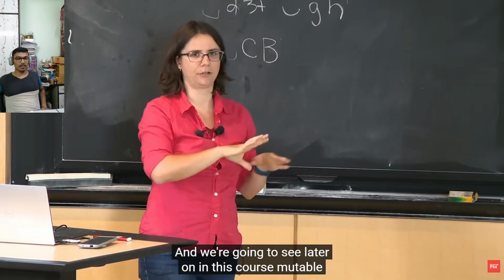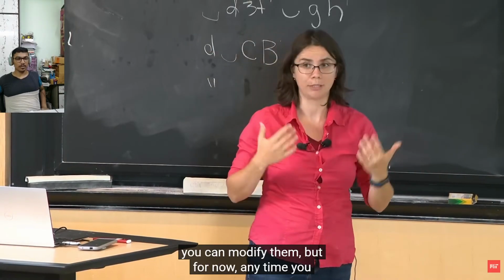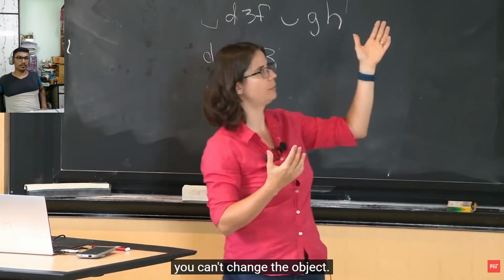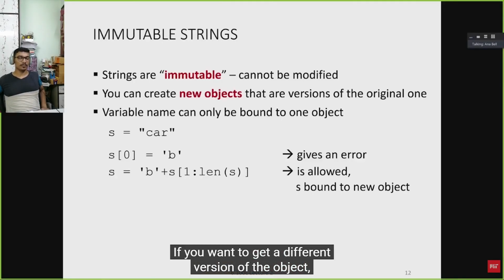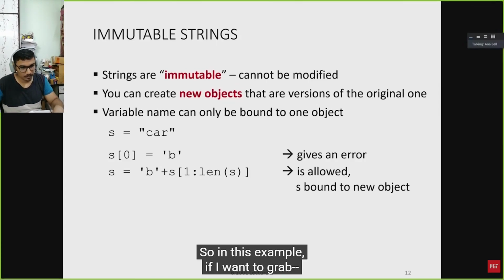And we're going to see later on in this course mutable objects, which means that once you create them in memory, you can modify them. But for now, anytime you make a change to such an object, you can't change the object, right? If you want to get a different version of the object, Python will create a new object in memory, and you can reassign the variable to that new object. So in this example, if I want to